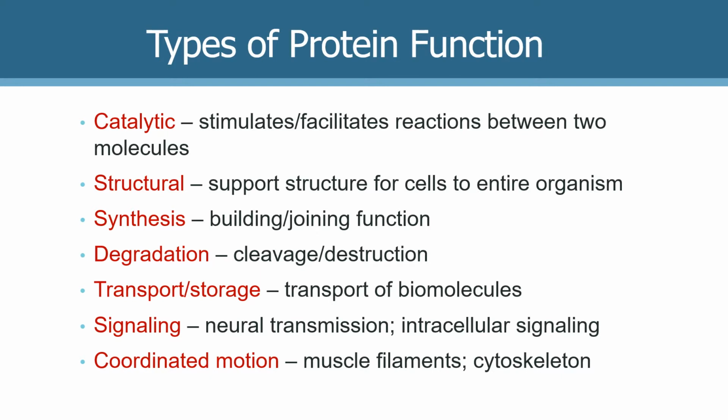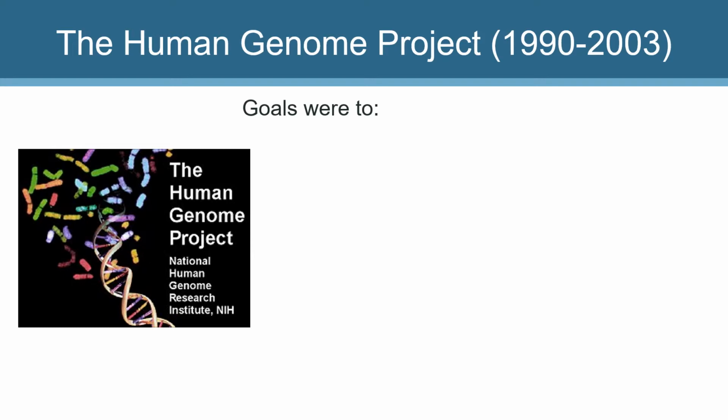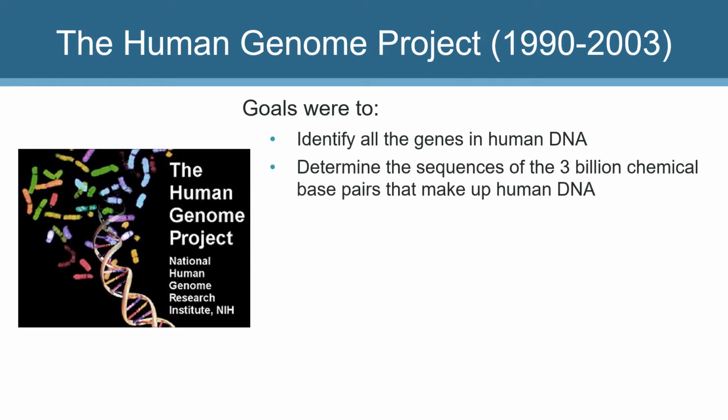cytoskeleton. The Human Genome Project began in 1990, and the sequencing of the entire human genome was completed in 2003. The goals of the project were to identify all genes in human DNA, determine the sequences of the 3 billion chemical base pairs that make up human DNA, to store this information in databases that could be accessible to the